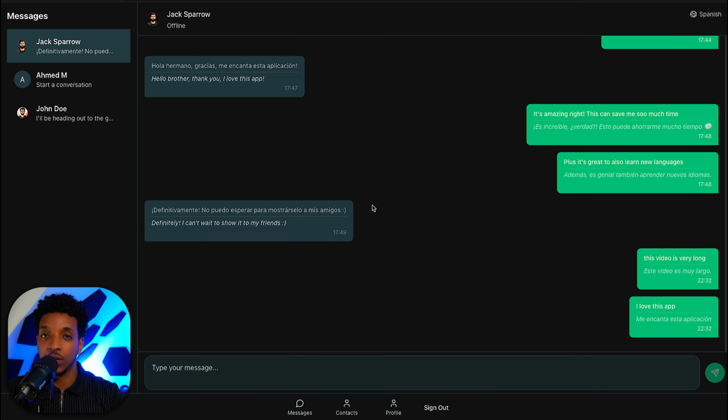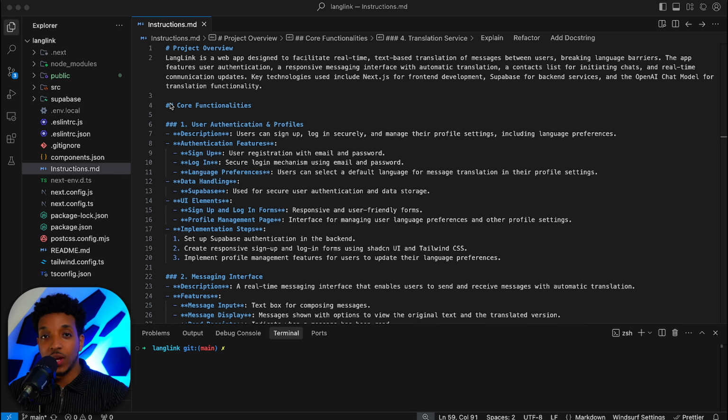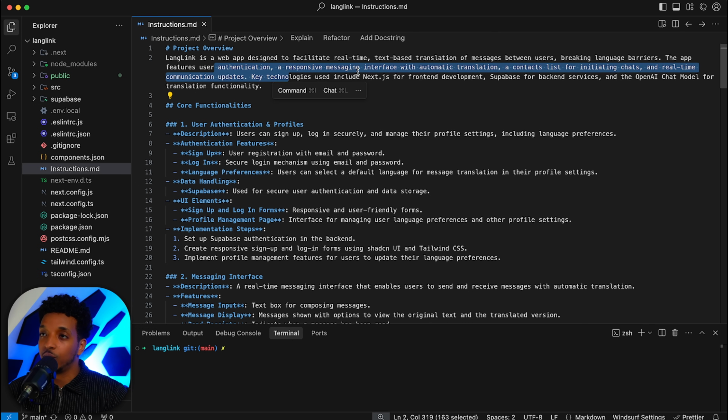And let's actually show you guys how I built this using Windsurf and go through the instructions file. Right, so we have the instructions file here for the LangLink application. And as you can see, it always follows the same format. So we start with the project overview. So they want to build out a web application to facilitate real-time translation messages between users, user authentication, responsive. It has a contacts list, real-time communication updates, technologies used, Next.js, development, Supabase for the backend, OpenAI chat model for